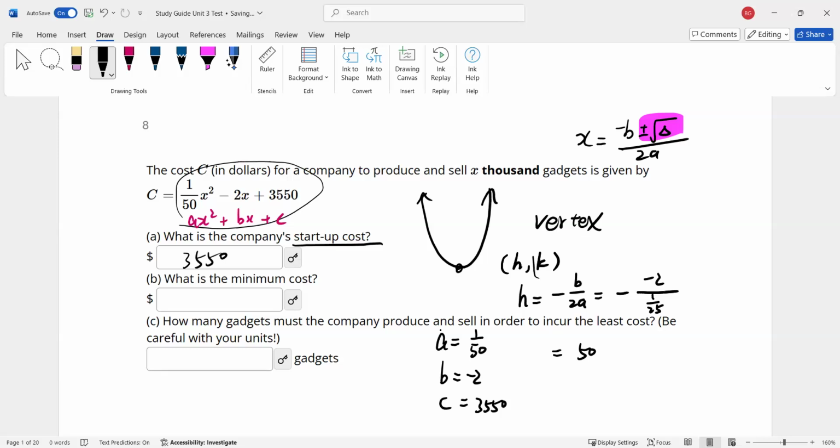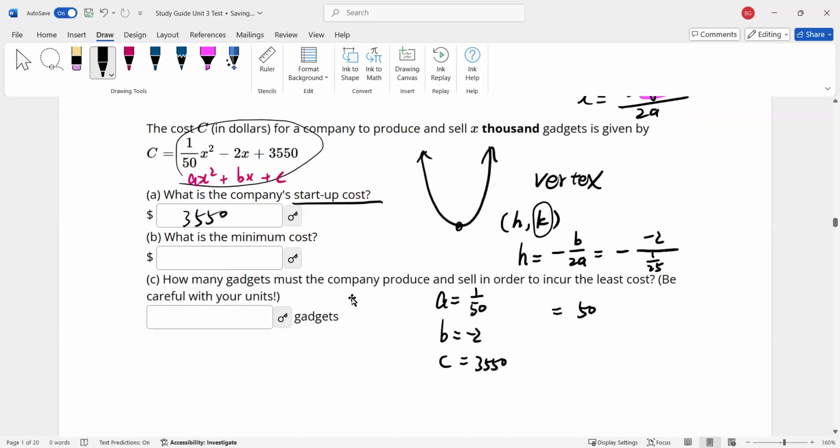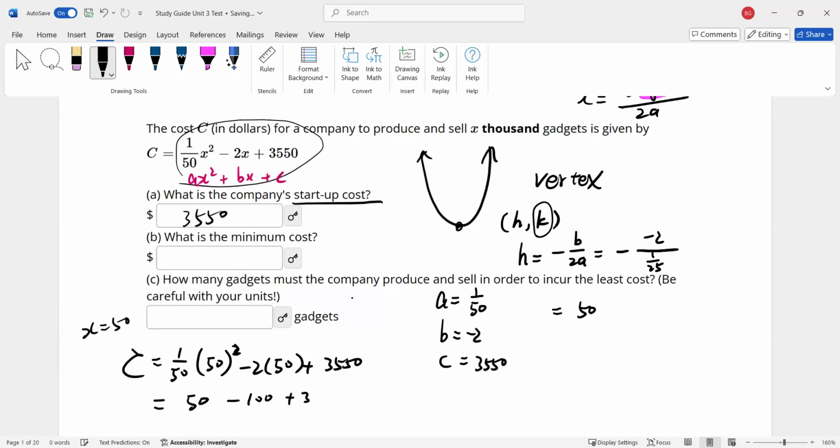But we want to know k, right? And we're plugging in h is 50, x equals 50, then we would know the value of k. We can do that. So let's plug in x equals 50 quick. And we have 1 over 50 times 50 to the power of 2 minus 2 times 50 plus 3550. And 50 squared over 50, we have 50 here, minus 100 plus 3550, and minus 50 plus 3550, and we end up with a positive 3500. And that is the minimum cost,